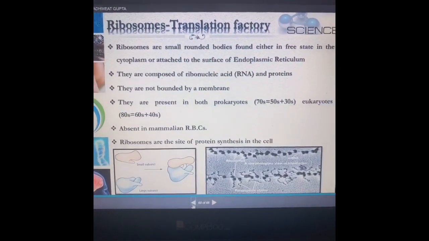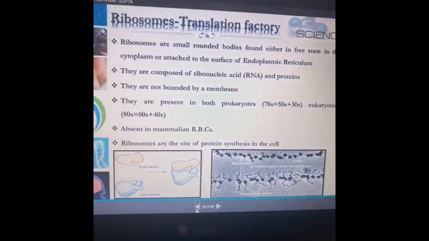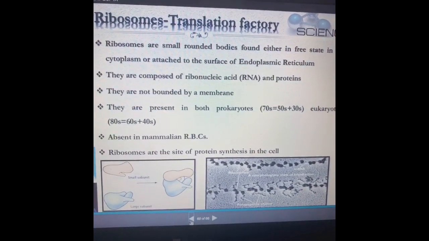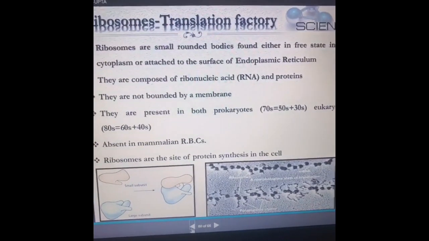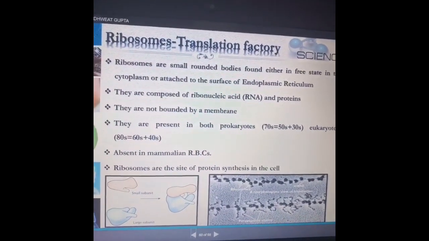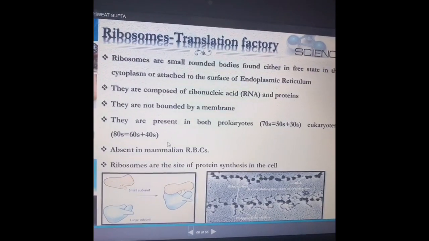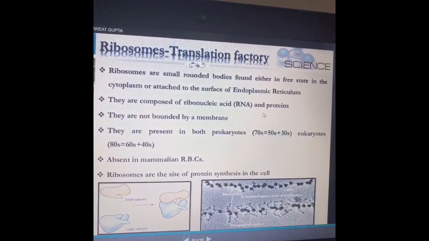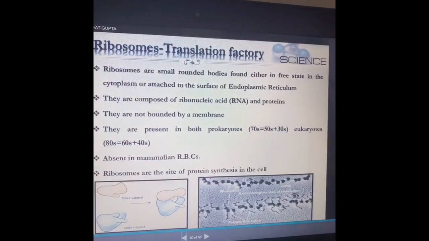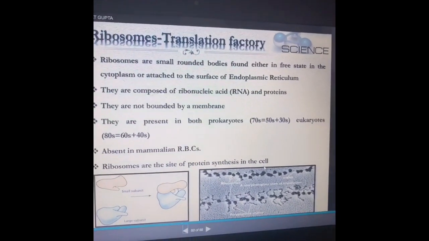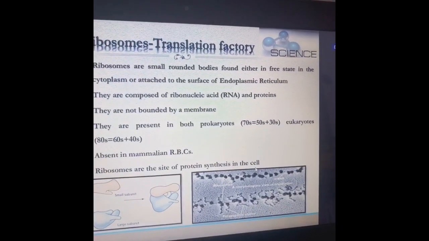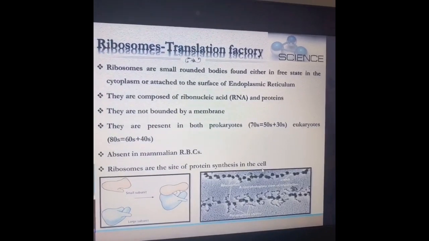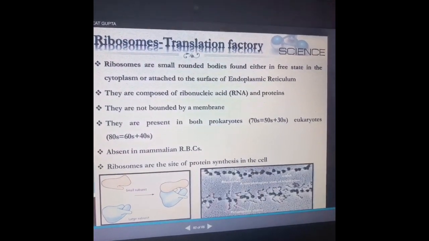Ribosomes are another inclusion particles inside the cells. As we have discussed, ribosomes are of two types. In prokaryotes, it is of 70S type. In eukaryotes, it is of 80S type. Ribosomes are made up of ribonucleic acids, and they are the site of protein synthesis in the cell. Wherever ribosomes are present, be it in the cytoplasm, be it inside the mitochondria or chloroplast, they help in protein synthesis.